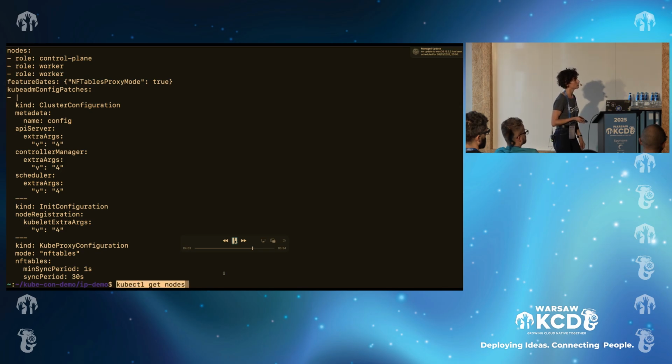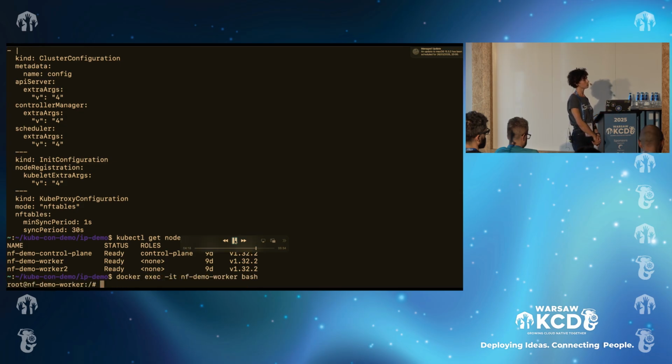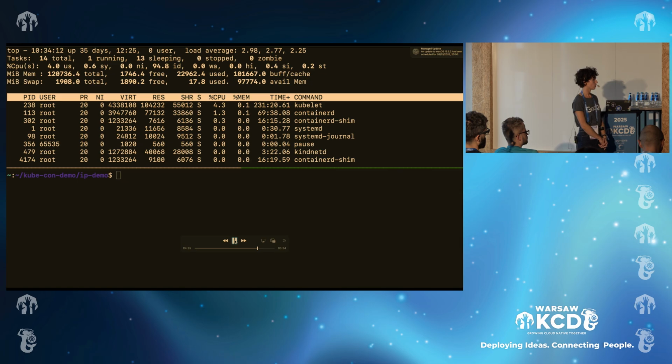And I will run the same script, the same mechanism, to show you what is the difference in the behavior when we are working with NF tables. And also I will exec into the node to see what processes are invoked and how it behaves. Okay, so